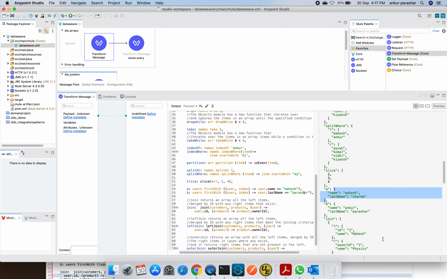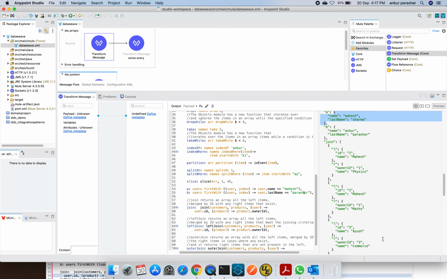So how is the join working? It is tagging the customer one ID, that is, this customer is being matched with the first ID of the product. Similarly, we have one more component with the same owner ID. So this particular ID is the owner for this subject as well. So one and one, two subjects are being covered.